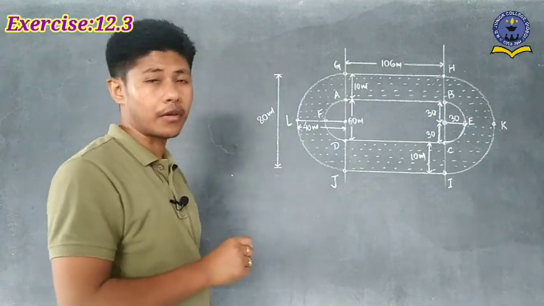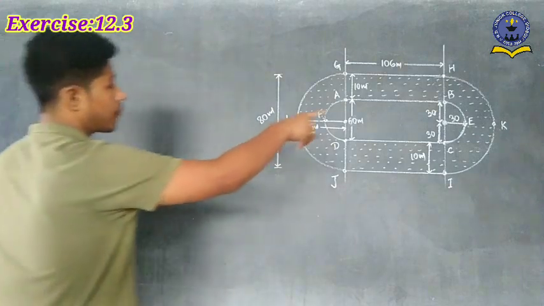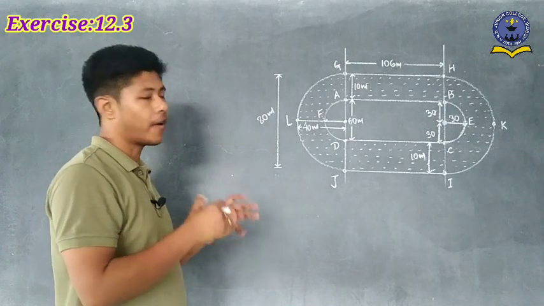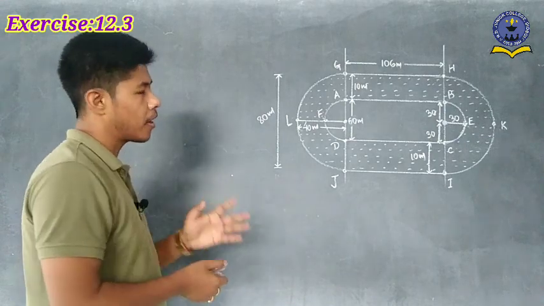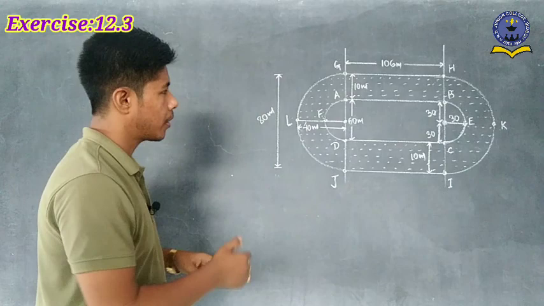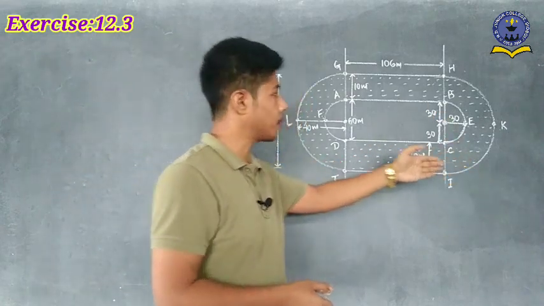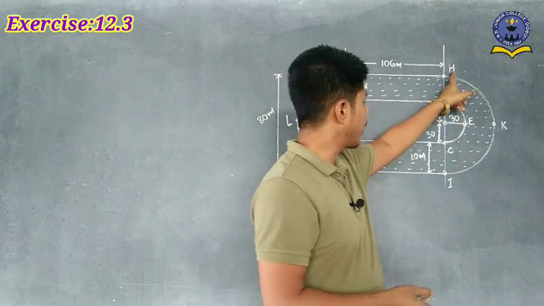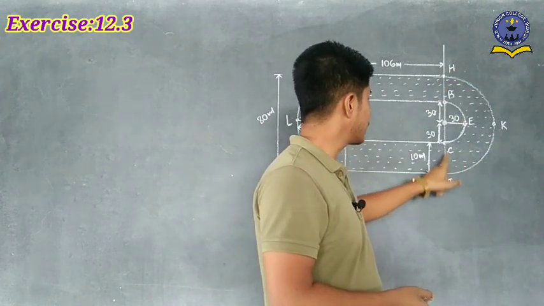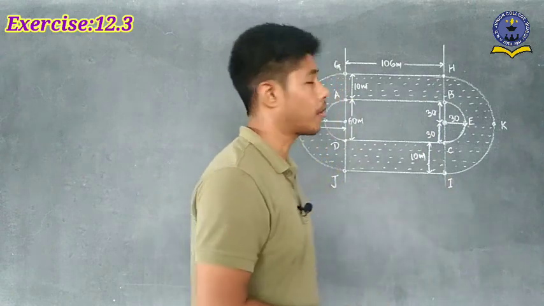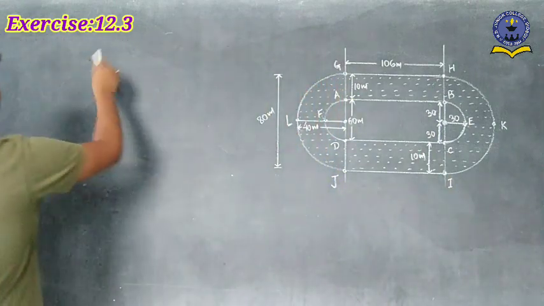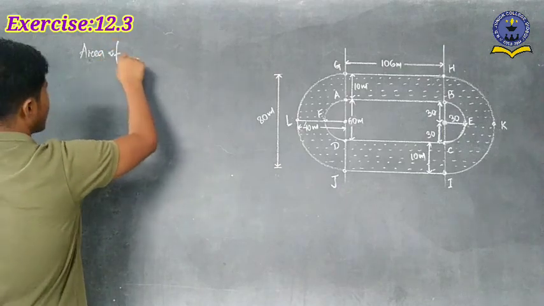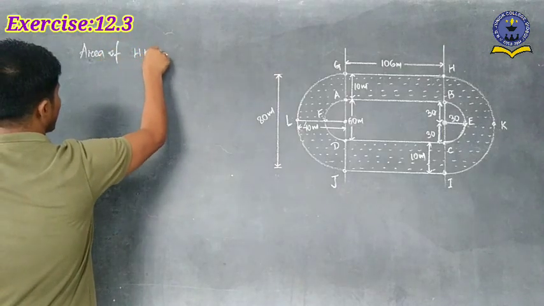Now let's see how can we do this one. So first of all, if we start from the semicircle, separately we have to find out the value here, and then finally we have to add this. Or in one line also you can write this result. But here we have to do it separately. First of all, what you have to do here, we have to find out the area of this portion, isn't it? Area of HKICBH. This one you have to find out first. So area of, we have to write here HKICBH.